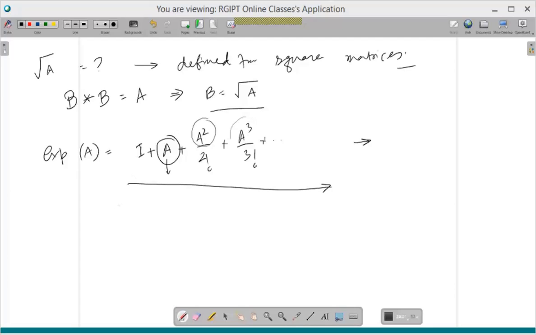A square will also be n by n. A cube will also be n by n. So when you're doing this in the matrix theory sense, exponential of A means that. Whereas in MATLAB, the command that you issue, exponential of A, well, maybe I should write this not as exponential of A, but as e raised to A. So e raised to A is this, and in MATLAB,